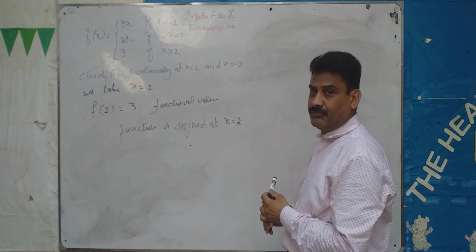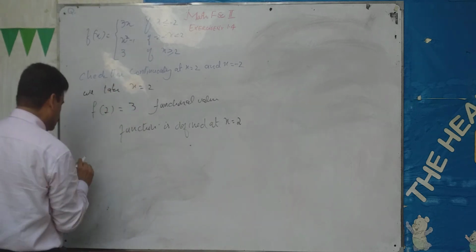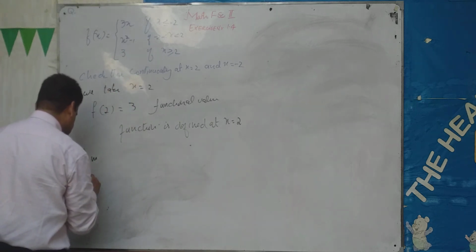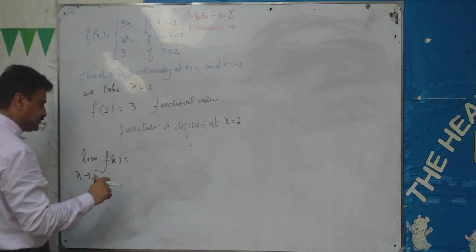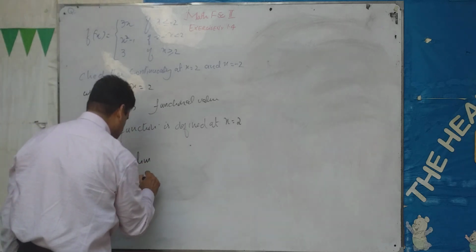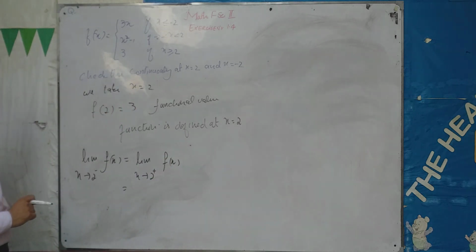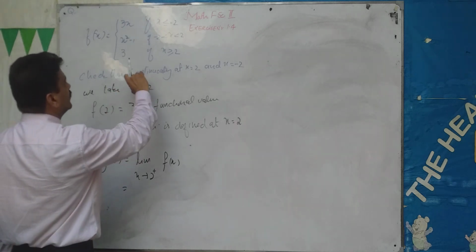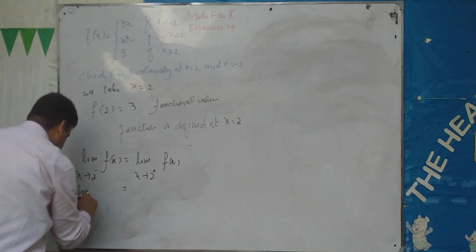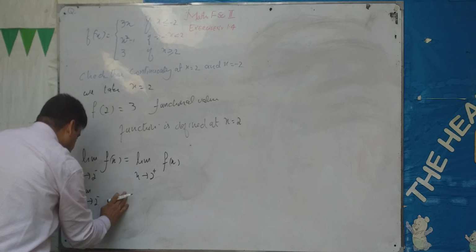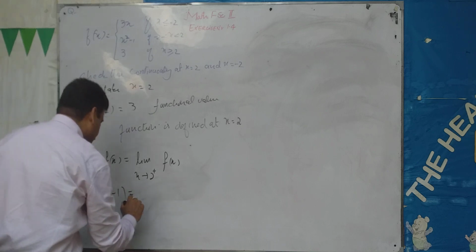When the function is defined, we will find the limit, right hand limit and left hand limit, when x approaches 2. We find the left hand limit and the right hand limit. For the left hand limit, we choose x less than 2, which means we take the function x square minus 1. And for the right hand limit,